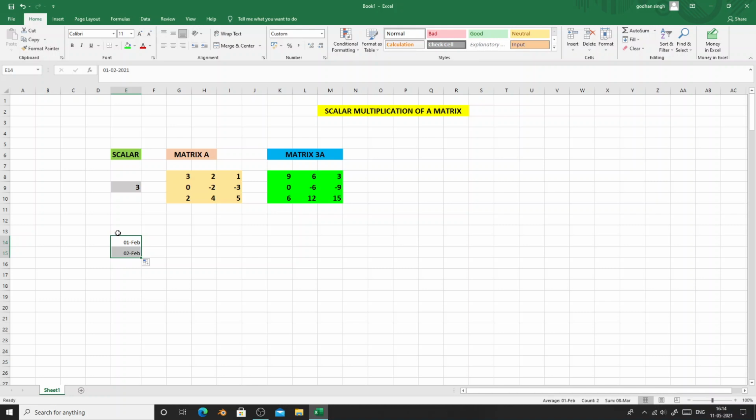Let us first delete this one, and this has in fact become 2 cells. So let us make it back to 1. And now what we'll do, we'll just drag this one downwards here. So here we'll write 1 by 2, 1 by 2. So again you can see that it has become 1st February. So that we'll see later on what is to be done for that one.